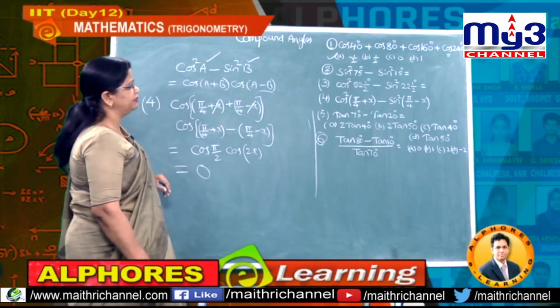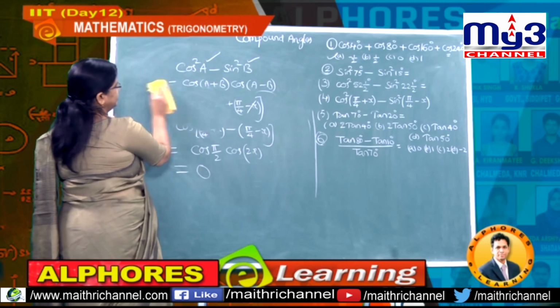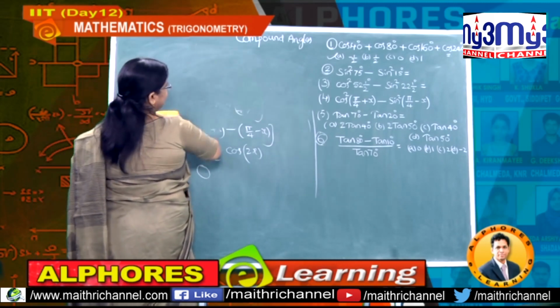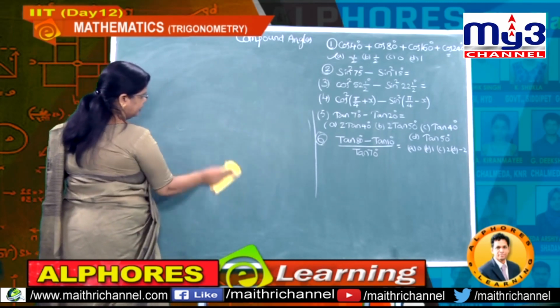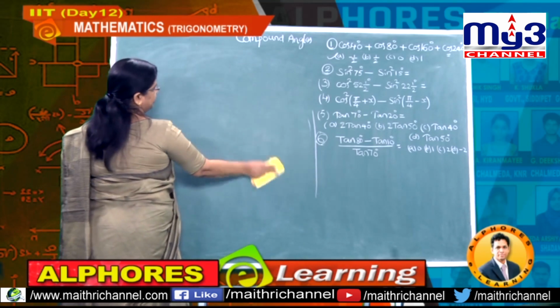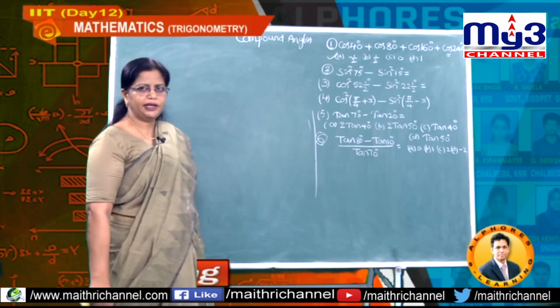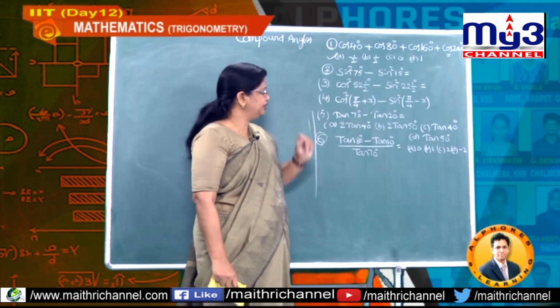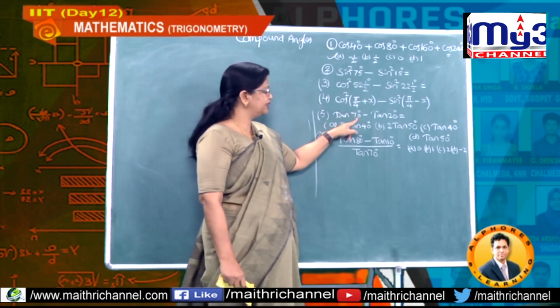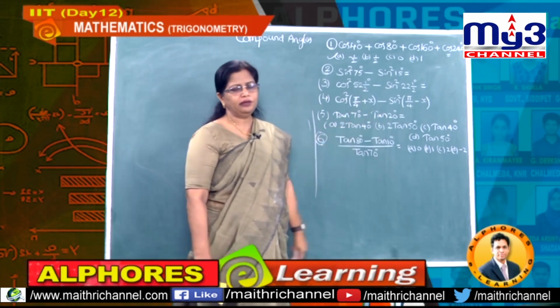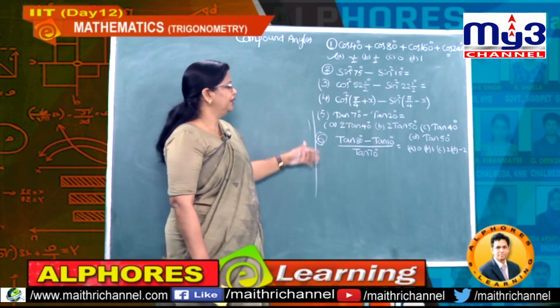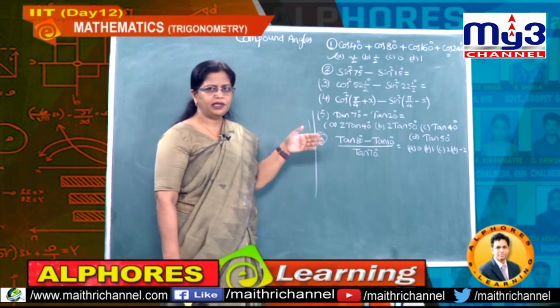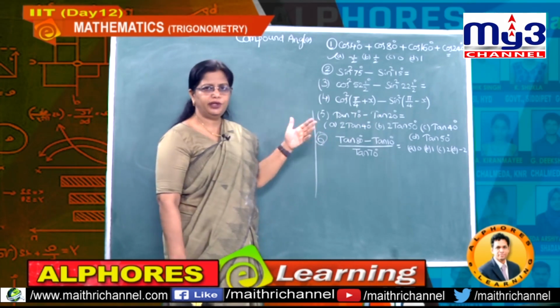And next let us observe problem number 5. This is one of the important models in all kinds of competitive exams, right? What are the values here? Tan 70 minus tan 20, understand? And in multiple and submultiple angles, that is after this chapter, we are going to do that.